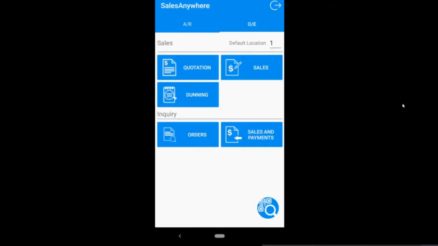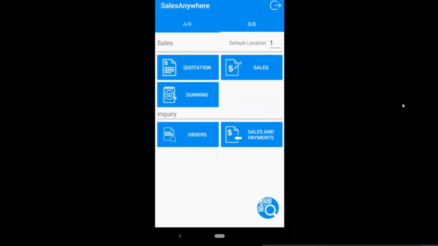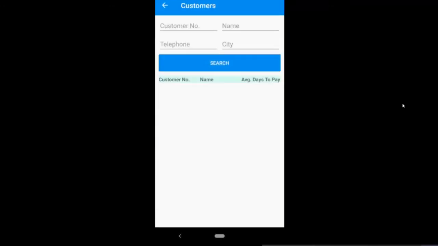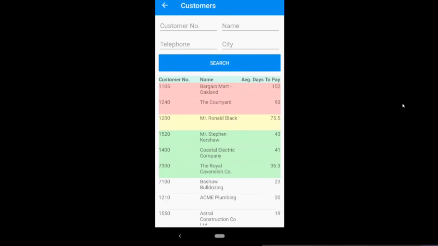The next thing I want to show you would be dunning. So as I mentioned before, dunning is for the salesman to actually look up his customers and see if all the invoices are paid by the customer. So I can see here I got a few customers. They are usually quite late to pay. So if I click on Mr. Ronald Black,